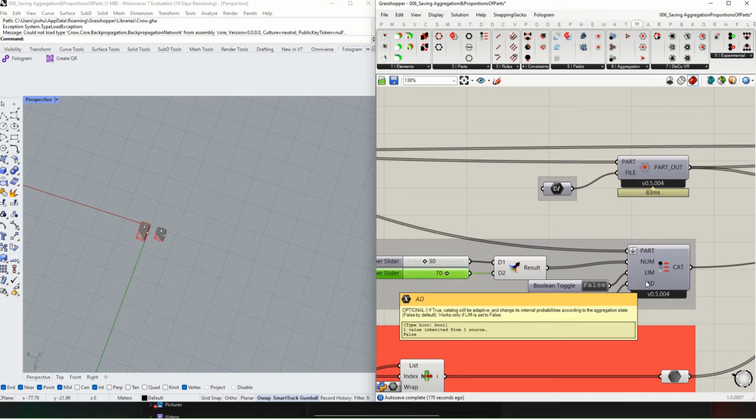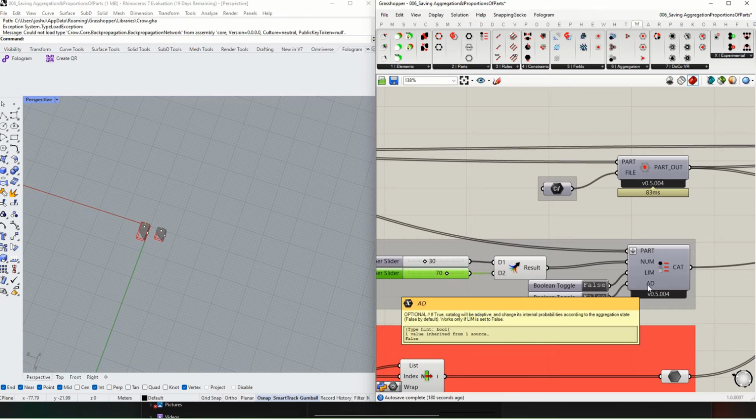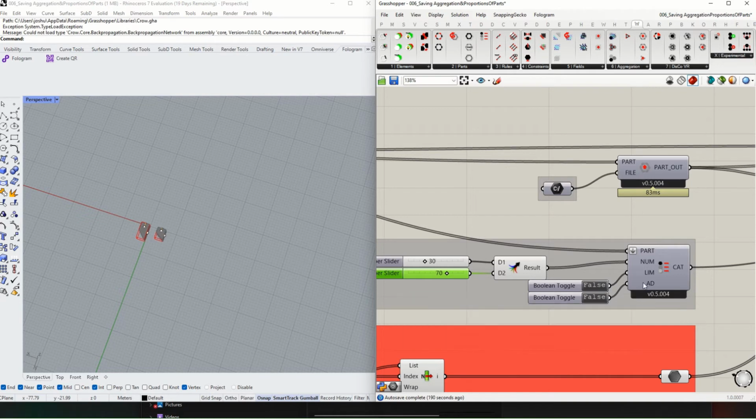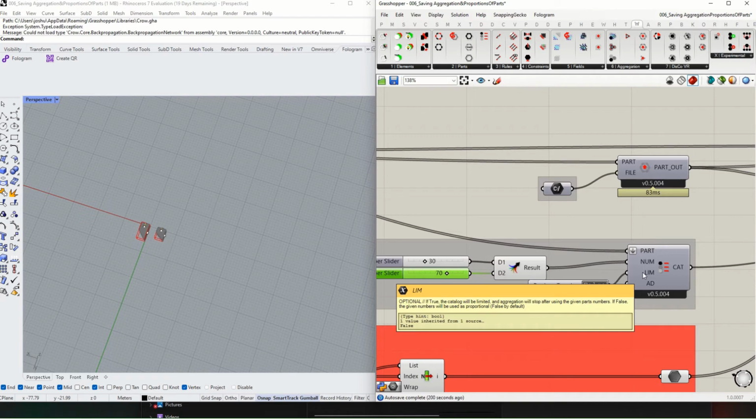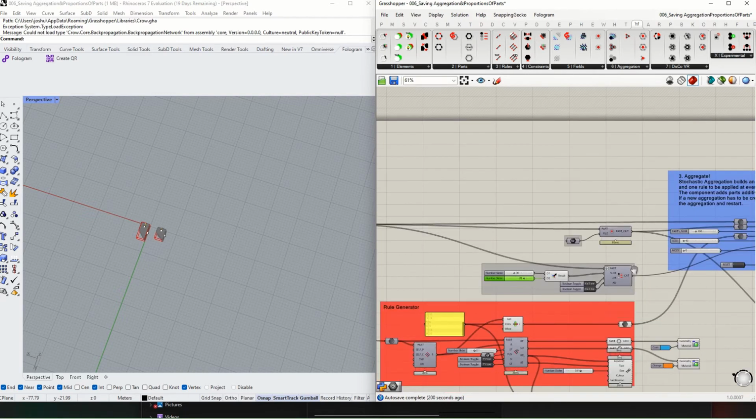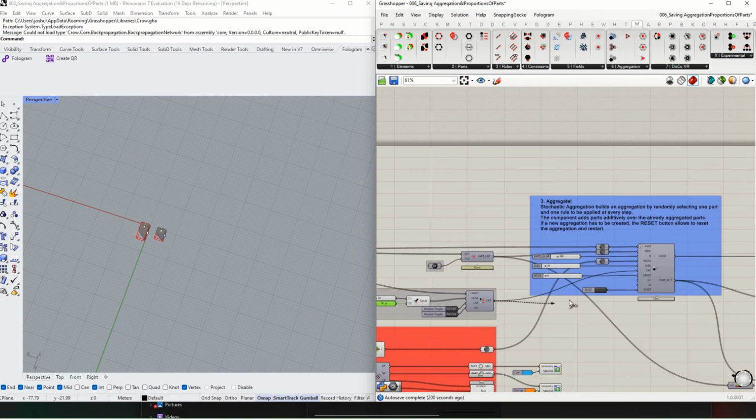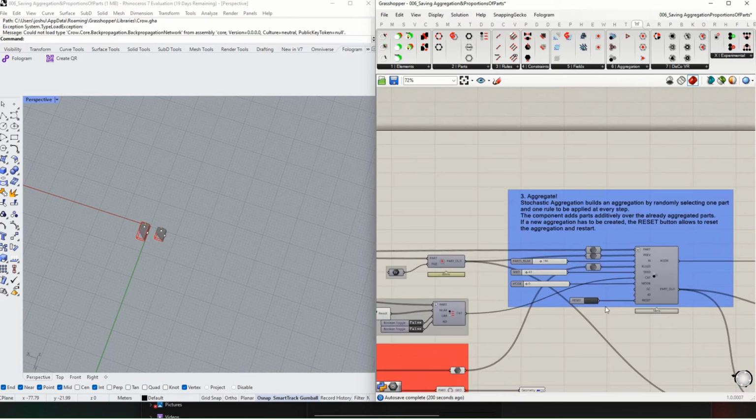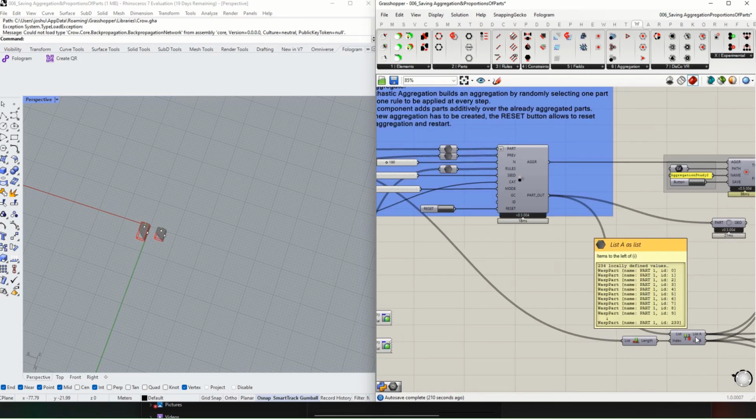And then we have an adaptive input where it's going to change its internal probabilities according to the aggregation state. So it's going to try to be adaptive when you're using those probability proportions. So generally, this will only work if you're using the proportional number, when this is false. So this then gets put into the catalog, and then if we go in here,